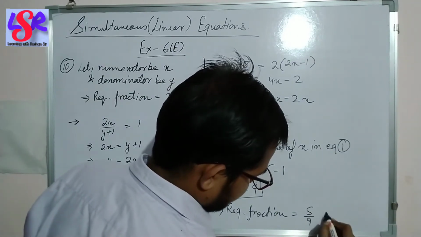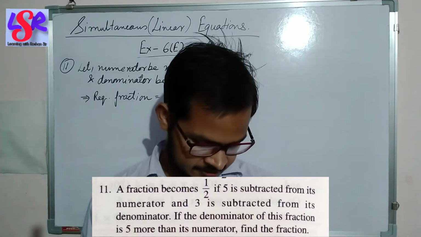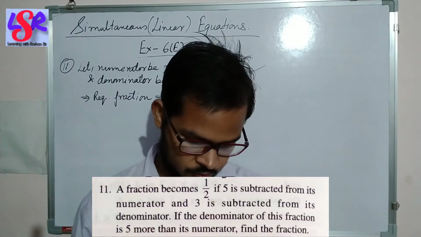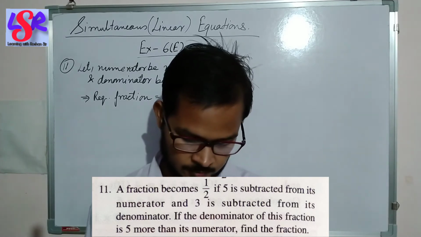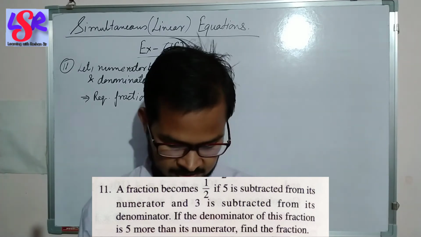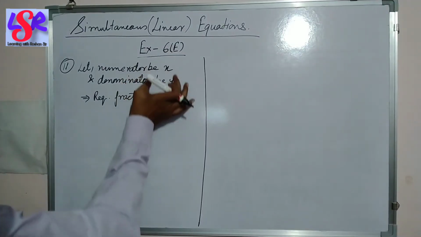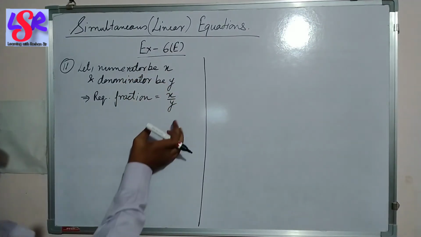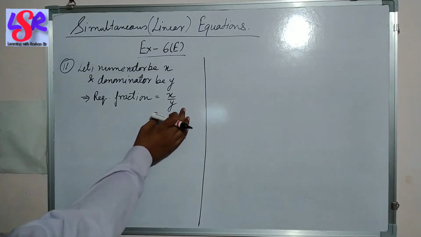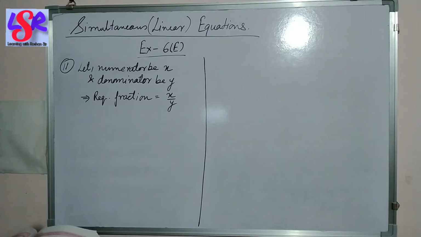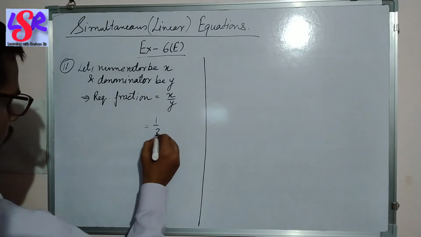Now let's go with question number 11, and here it is. The fraction becomes 1 by 2 if 5 is subtracted from its numerator and 3 is subtracted from its denominator. If the denominator of this fraction is 5 more than its numerator, find the fraction. Let the numerator be x and the denominator be y, and the required fraction will become x upon y. Then here it has been given the fraction becomes 1 by 2, that is it is equal to 1 upon 2 when